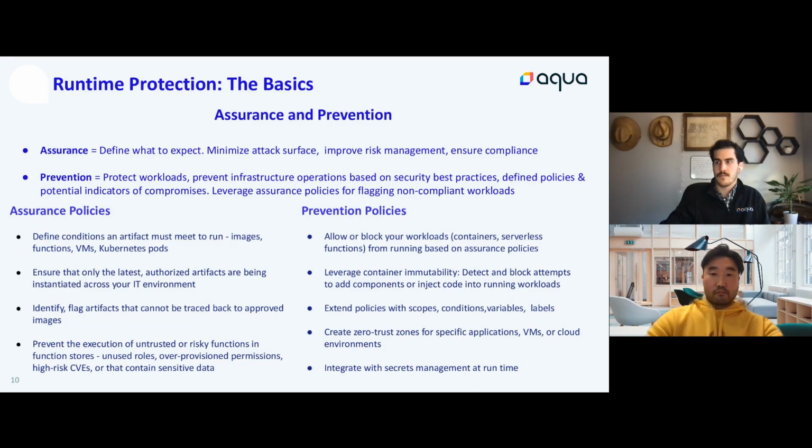So let's look at what actually is runtime protection. Again, it's taking a little time to resolve it at my end, but I think when you're approaching this topic you want to understand there's two facets, right? One is you want to ensure that you're doing the right thing, and that comes in the form of assurance policies. And number two, you want to ensure that you stop doing the wrong thing,